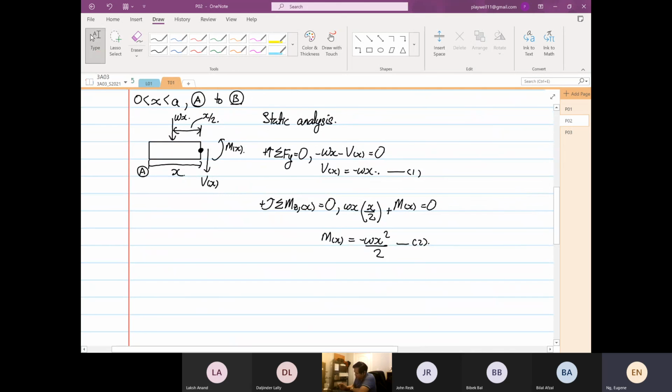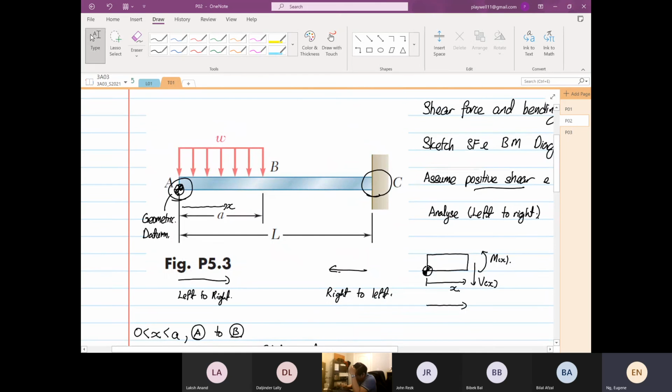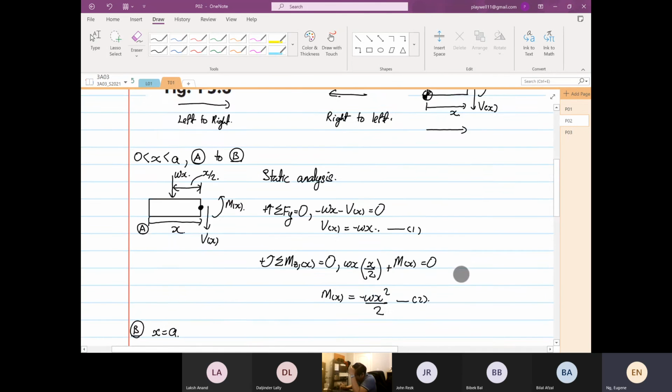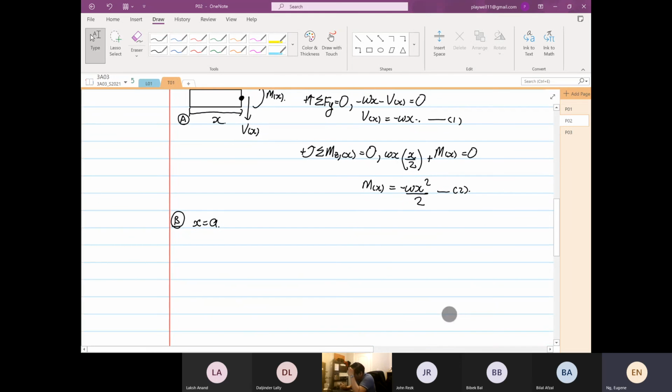Okay, so we're going to do this. To find B to C, let's find what is going on at point B. At point B, where x is equal to a, x is equal to what? A. So what do we have over there is if we substitute, so to find the shear force,